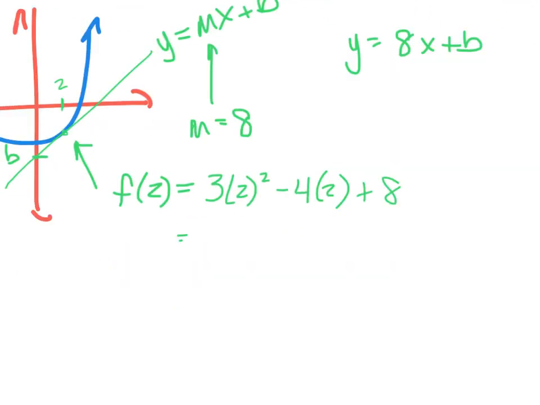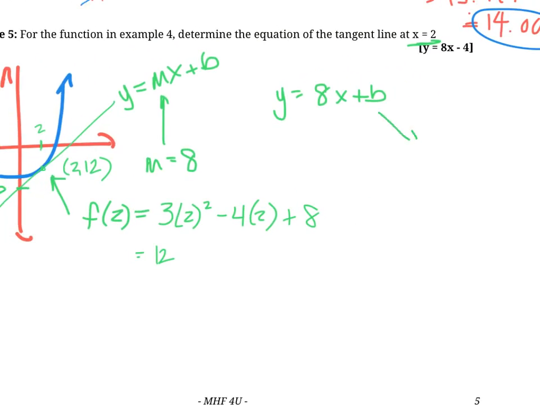So that equals 12. So that tells us this point on the line is going to be (2, 12). Obviously, I didn't draw it to scale because that's a positive value, but it doesn't matter. So (2, 12) is on the line. So basically, in order to find b, we can just plug in